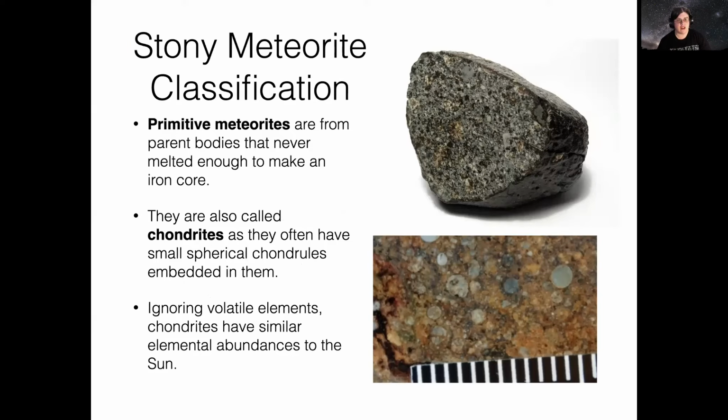Now, these are chondrites. One of the characteristics of them is they have these chondrules, these small spherical grains embedded in them. And one of the really interesting things is that if you ignore the elements that are really easy to vaporize, the volatile elements, chondritic meteorites have compositions that are very similar to the sun. Now, given that two of those easy to vaporize elements are hydrogen and helium, this isn't saying they're mostly hydrogen and helium. This is saying if we look at the heavy elements in a chondrite,